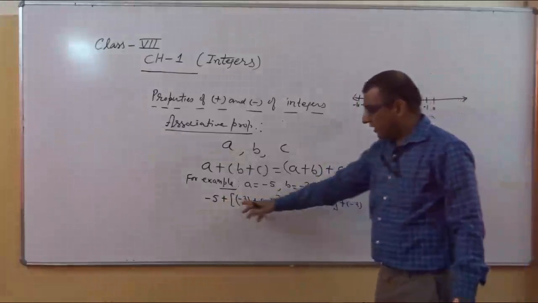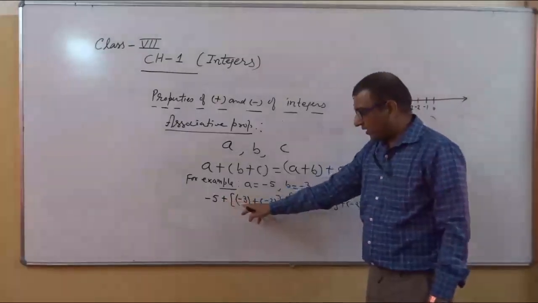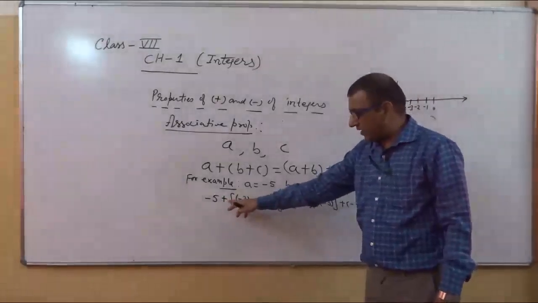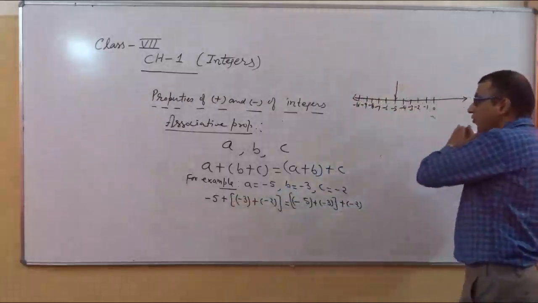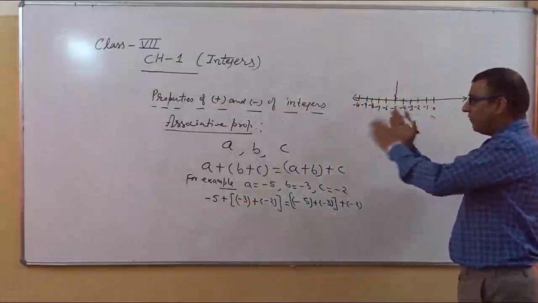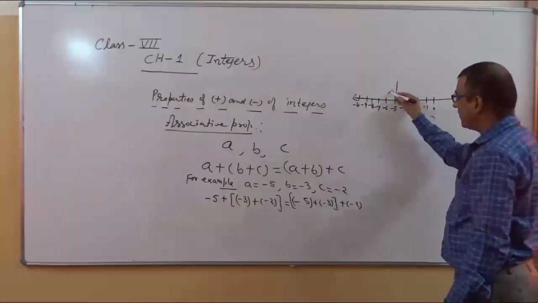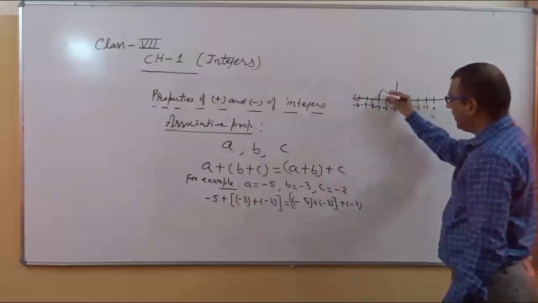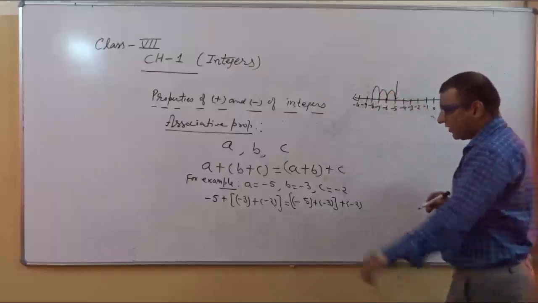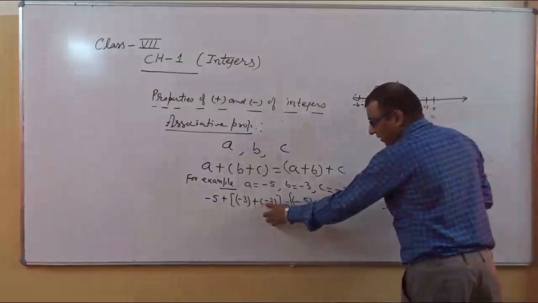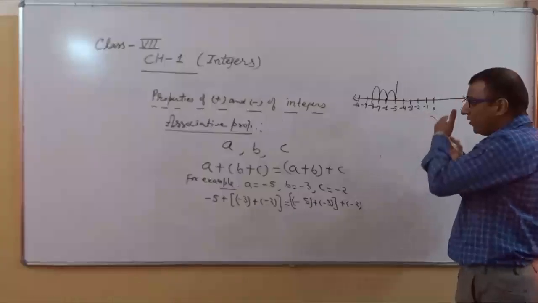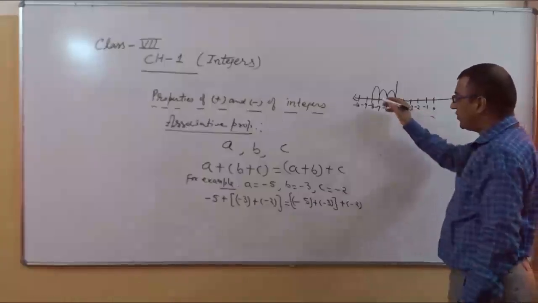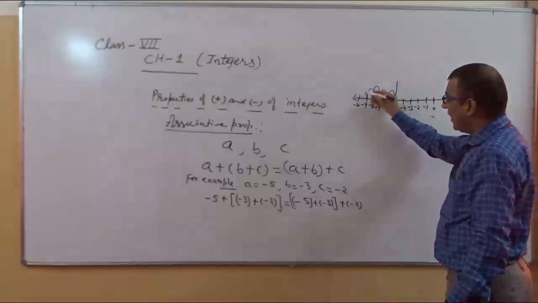And if you see, when you enter plus in the bracket, plus multiplied by minus becomes minus. So minus means we will go to the left-hand side of the number line. So 3 steps: 1 step, 2 steps and 3 steps. After this, again plus multiplied by minus, and we will get -2. It means we will move to the left-hand side by 2 steps more, so 1 and 2.